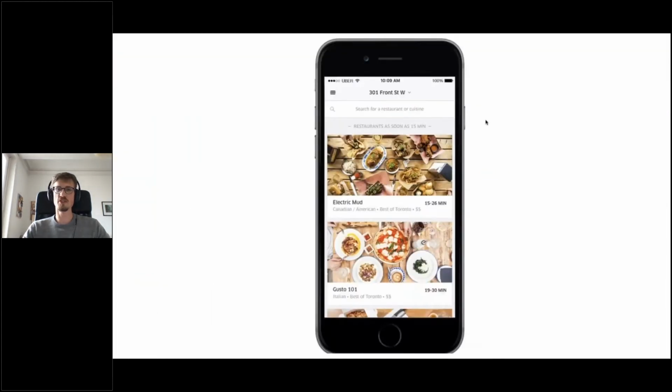Some other examples are Uber Eats, where you can easily find a restaurant. Here you don't have millions of restaurants, maybe hundreds or thousands in the largest cities. But still, there's a lot of effort from Uber to try to give you the most relevant results. If you look at the blog posts they publish, they explain how much effort they put into giving you the most relevant results. Because if you don't find what you're looking for in the first few, you're likely not going to order from them. So again, it's a key part of the application.